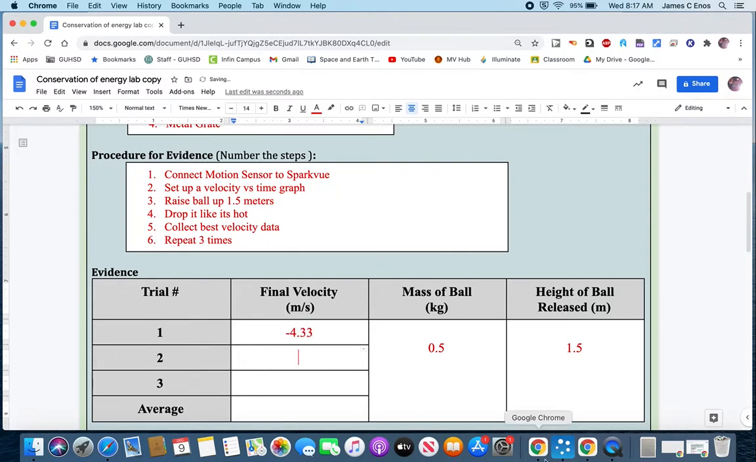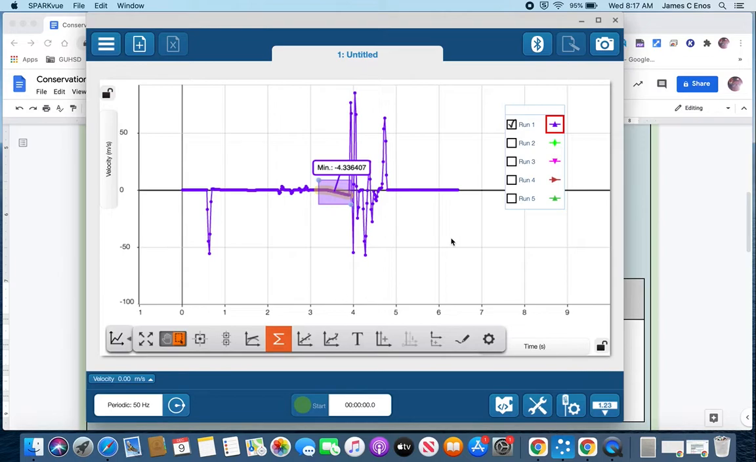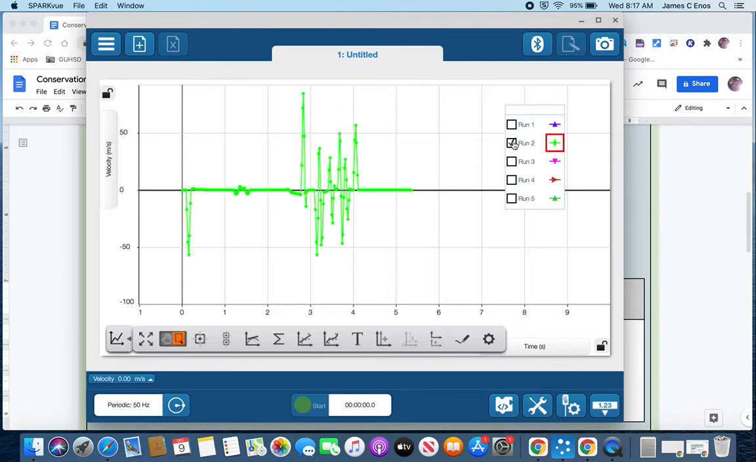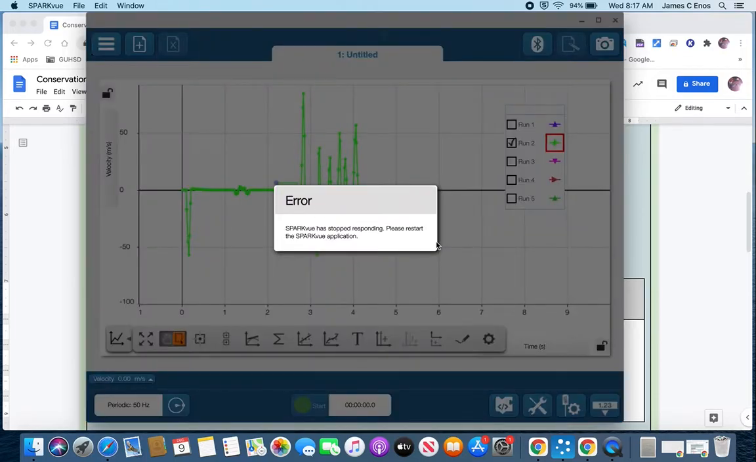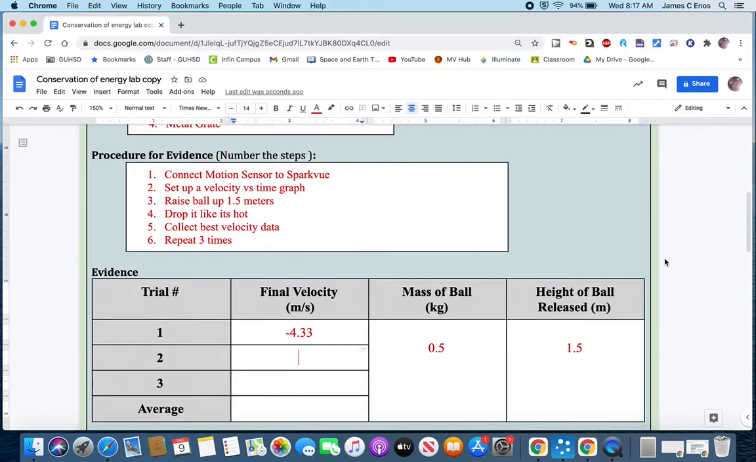I'm going to look now to another data run. Going to run number 2. Once again, we want this point in time where the ball was falling. While the program now has ceased to work, I still have it on a separate device, so I'm going to do the same process and pull out those velocities. So I have this negative 4.33, I had a negative 4.12,